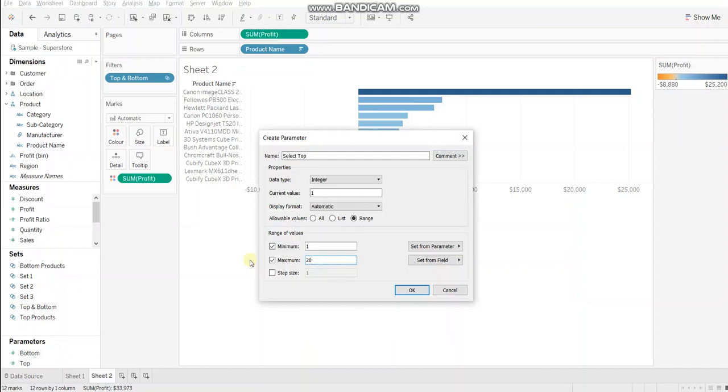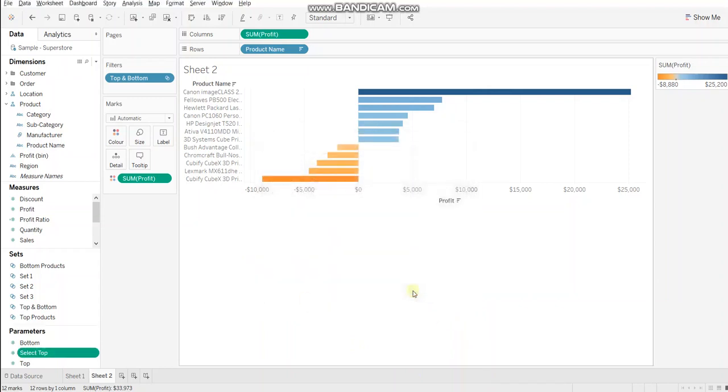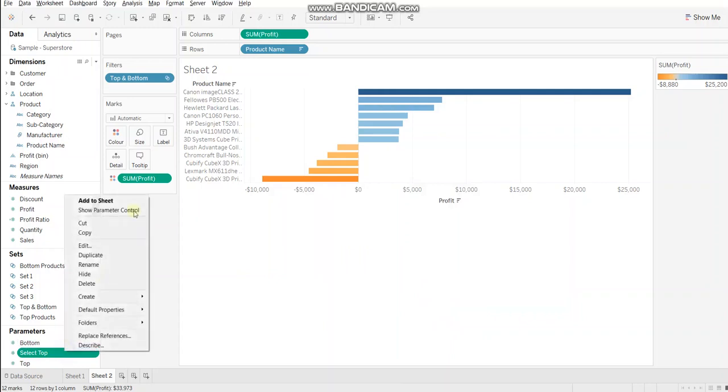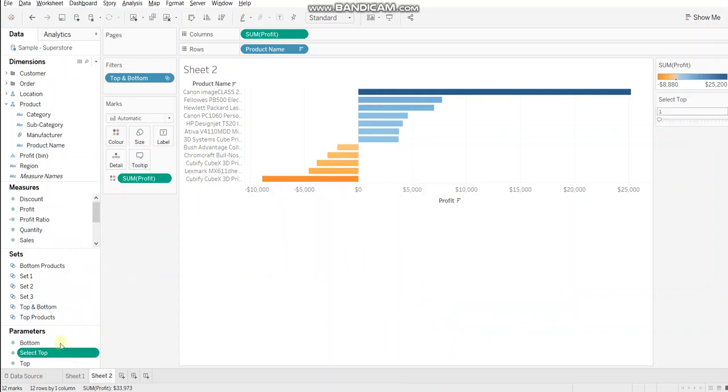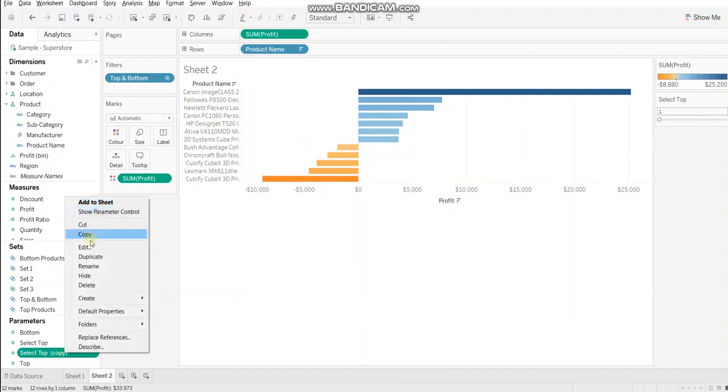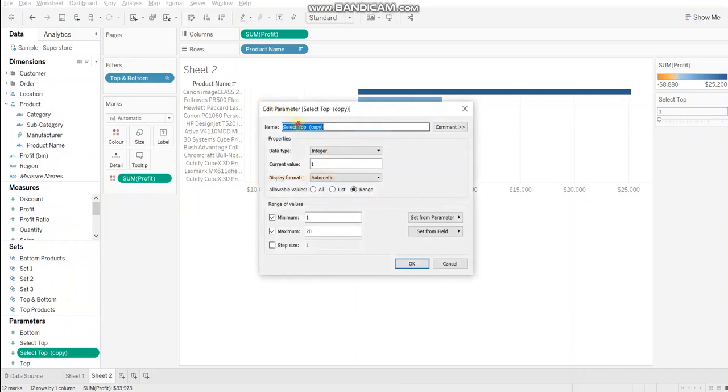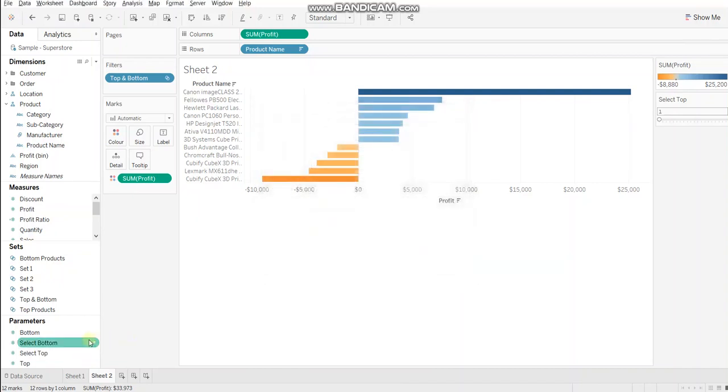The user can select the values from 1 to 20 and not beyond or less than that. So click OK. Let's duplicate this parameter because we want to create a parameter for bottom as well. So select bottom and the rest everything stays the same.